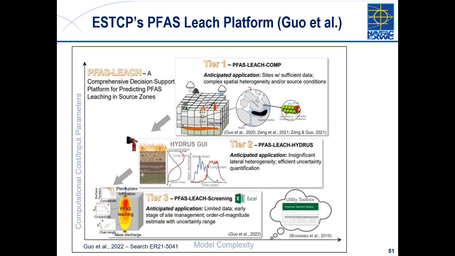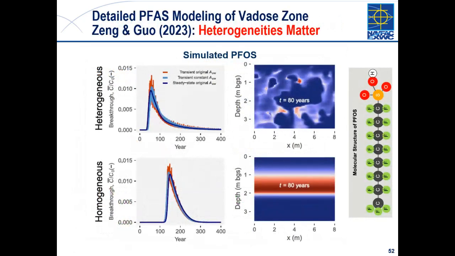Let's go to 52, and this is using one of the very complicated models I talked about before, and just again to show you this revenge of the geologists, this heterogeneity. On the bottom, they're running this model, and after 80 years, this thing's slowly moving down in a nice uniform way. But in real life, you mix in a little bit of heterogeneity, a little bit of silt, a pinch of clay, and you get this stuff in pockets. So pretty interesting paper about the heterogeneity.